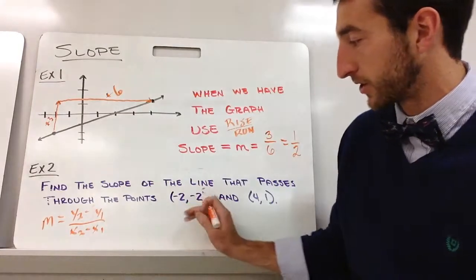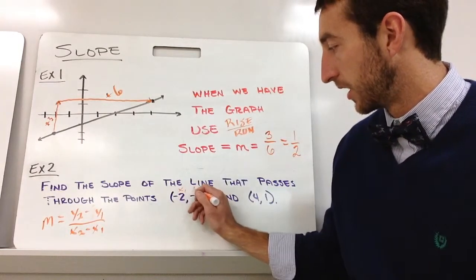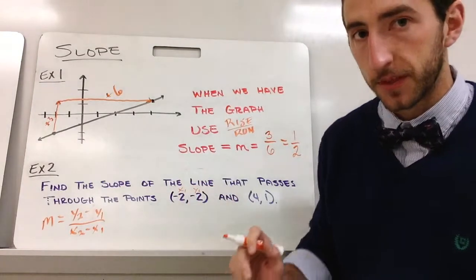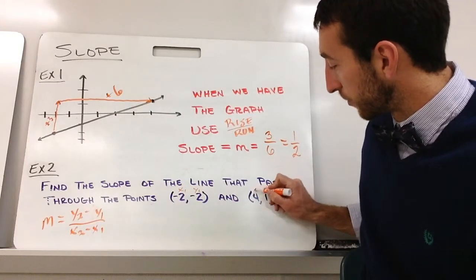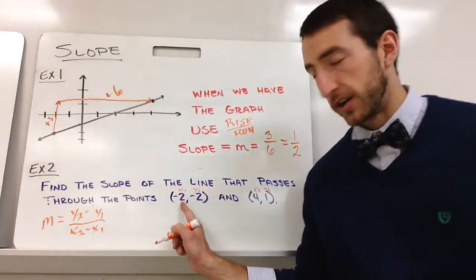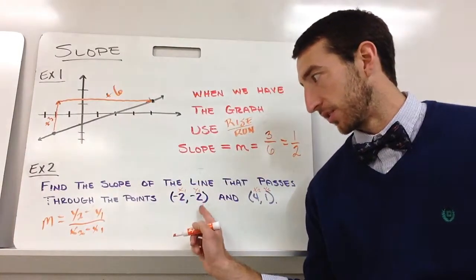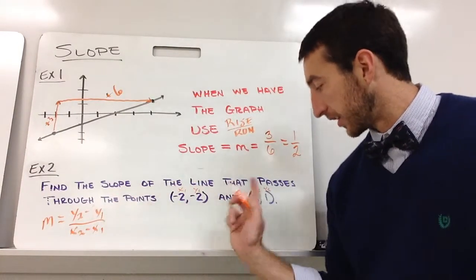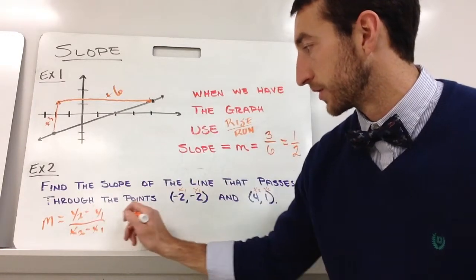So what I do is I'm going to label these points. Now this is my first set, so this is going to be x1, that's going to be y1. Make sure you do that. And then this would be x2, y2. Remember, in all ordered pairs we're listing the first one is x, the second one is y. So I'm going to plug in all the numbers that I know. So I know that y2 is equal to 1